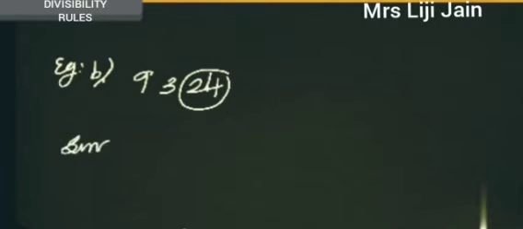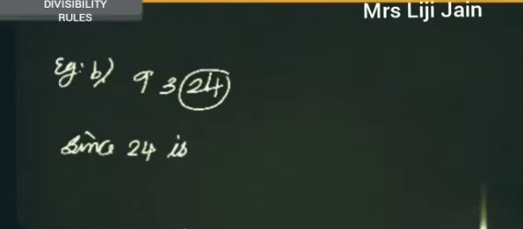Okay, write the number 9324. Here, what is the number formed by last two digits? 24. Is 24 divisible by 4? Yes, isn't it? So, we can write it like this. Since 24 is divisible by 4,